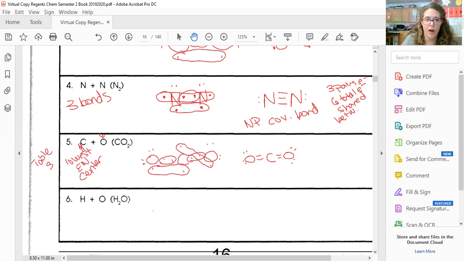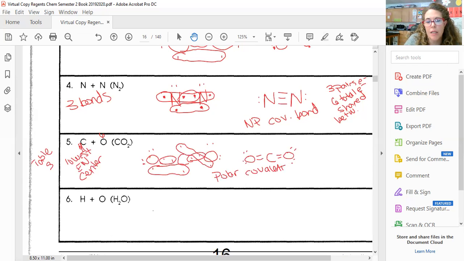Let's check. Does carbon have 4 bonds? Yes, 1, 2, 3, 4. Does oxygen have 2 bonds? Yep, this oxygen has 2 bonds, and that oxygen has 2 bonds. Correct. So now this is a polar